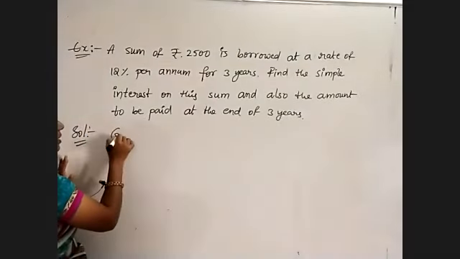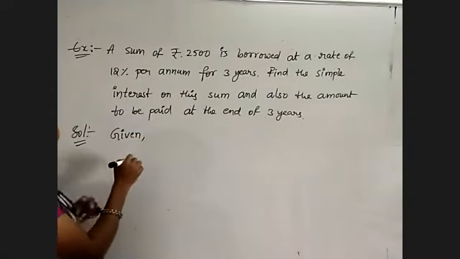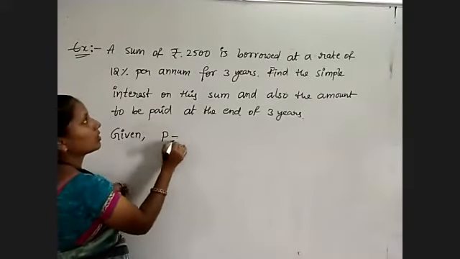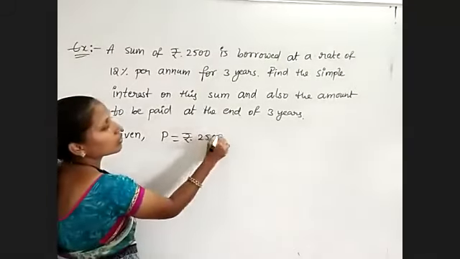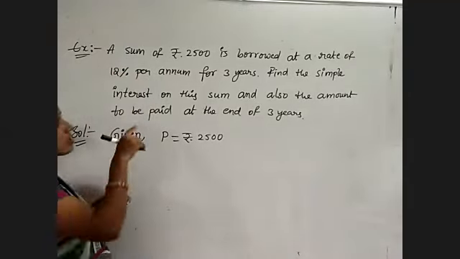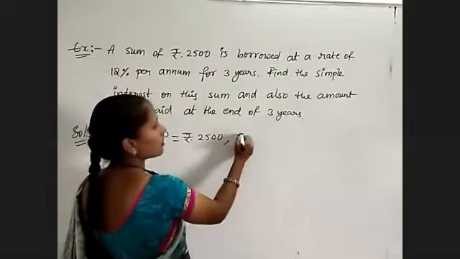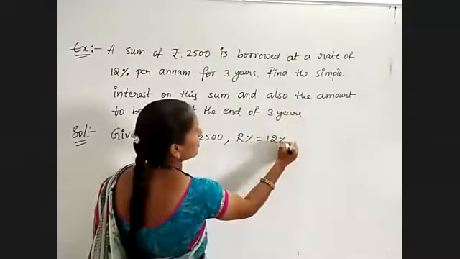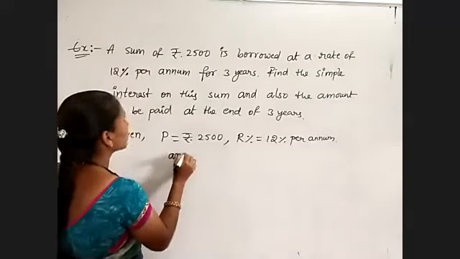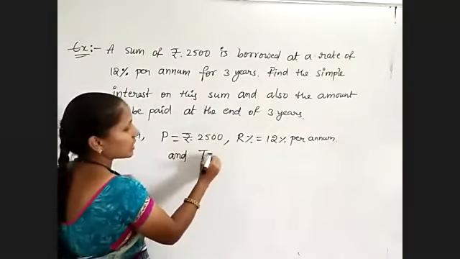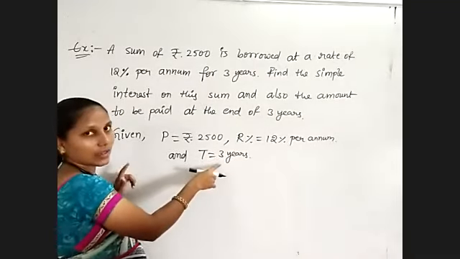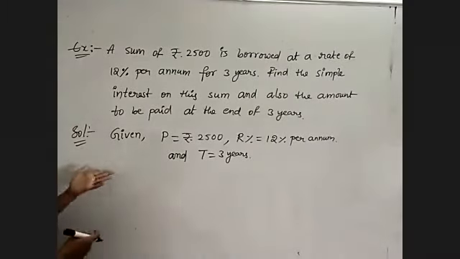First of all, from the question, what are the given values? It is very clear that the sum, that is the principal, is given as 2,500. And because I already told you the percent symbol is used for rate of interest, 12% is the rate of interest per annum, R is equal to 12% for 1 year. And also given is time, 3 years. I already told you if it is not given in years, we must convert, but here it is already given in years. So now it is very simple, they are asking to find the simple interest.